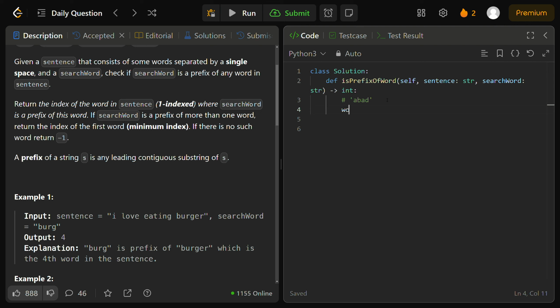And so I'm going to initialize my actual words. That's going to be a list equal to sentence.split. Right? So basically, it looks at all the different words that are separated by a single space in our input string, and it simply converts them and appends them into a list as separate elements. So if we had "I love eating burger", words would then be initialized to "I",